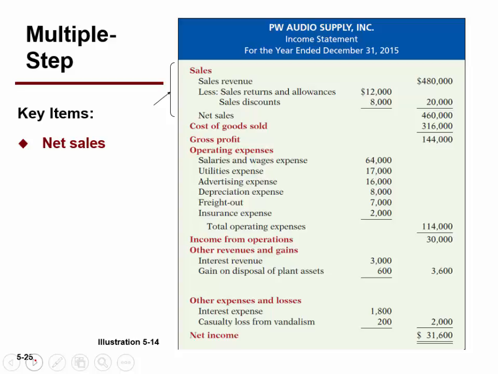Right, when I sell the equipment for 860, what am I going to debit? I'm going to debit cash for 860. Okay, I'm going to go ahead and credit what? How much is in the equipment account? Credit equipment for 500. I have to get rid of that accumulated depreciation account now.